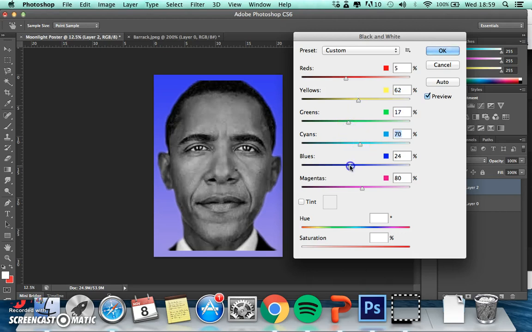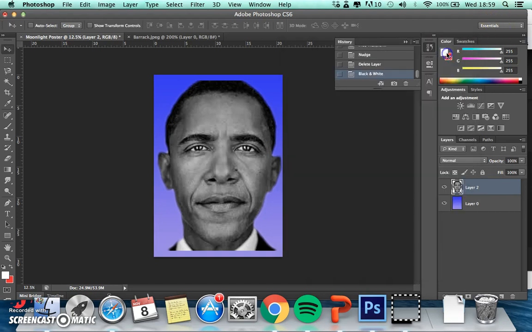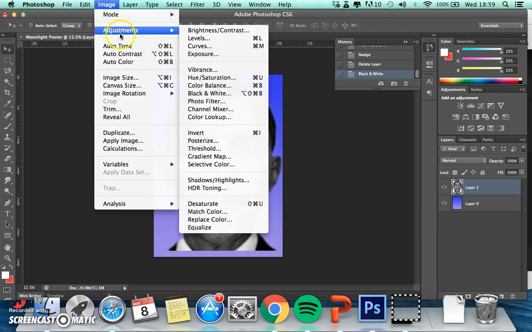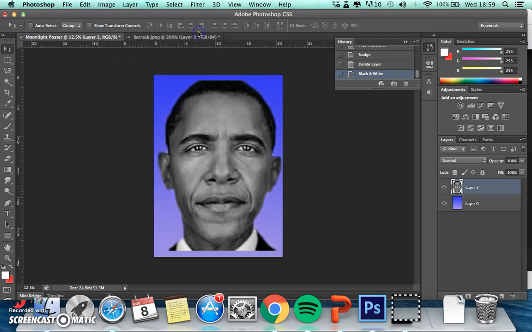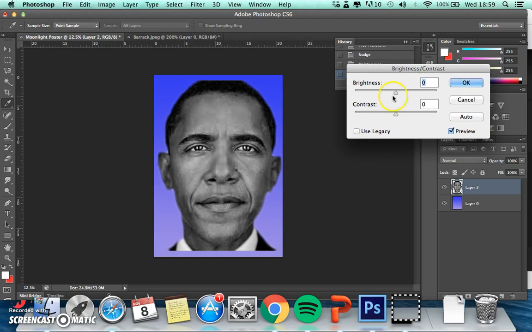So, okay, and when you're happy with this, you can click OK. Now the next one we want to use is brightness and contrast. What that does is you can either darken it by moving it down, or you can brighten it and make this one a little bit dark. Change the contrast slightly, and it is very much just looking at it by eye. You're happy with it,